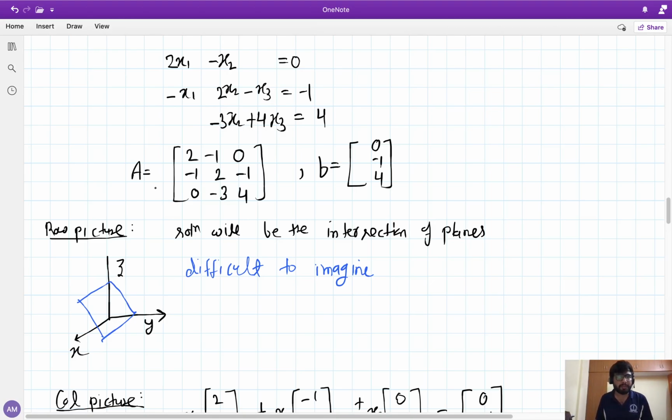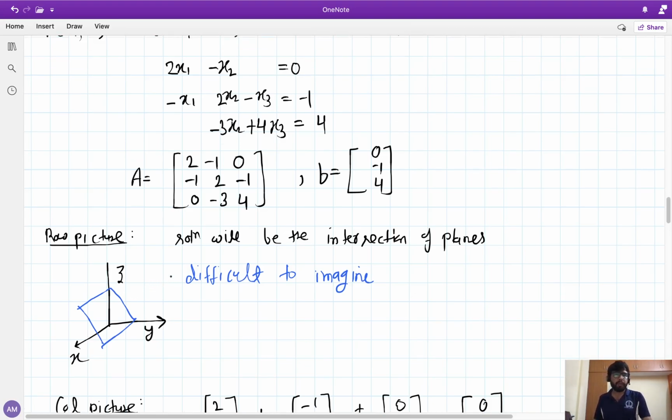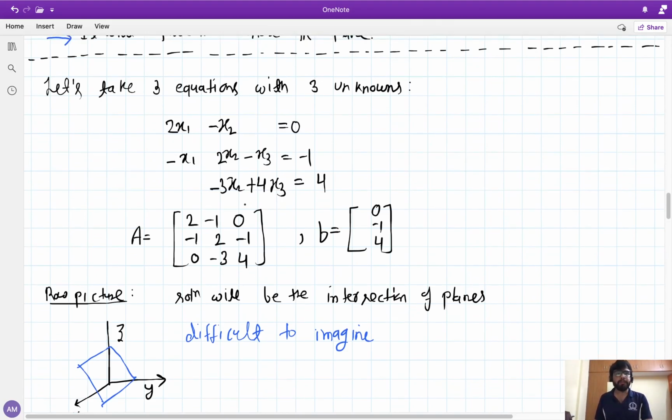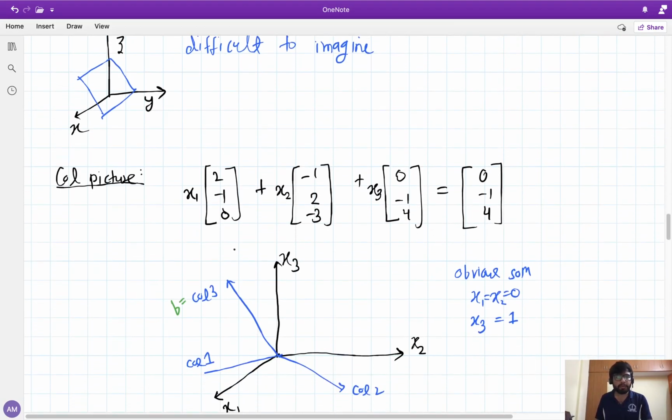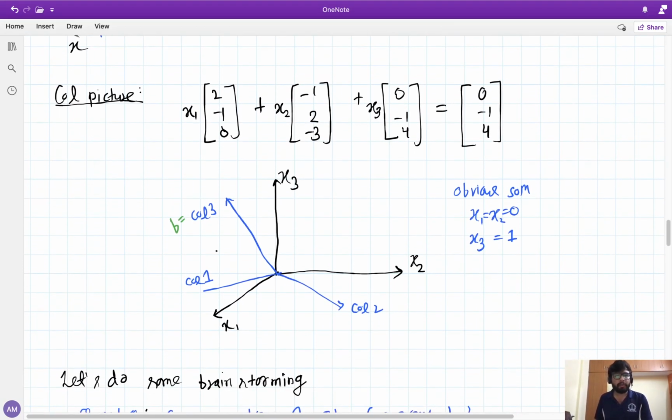You can imagine the first equation represents some plane, then you have to draw another plane on top of that, and another third plane, and the intersection of all those three planes will be your final solution where all three equations are satisfied. So this will be the row picture for three unknowns, three equations, and the column picture will be